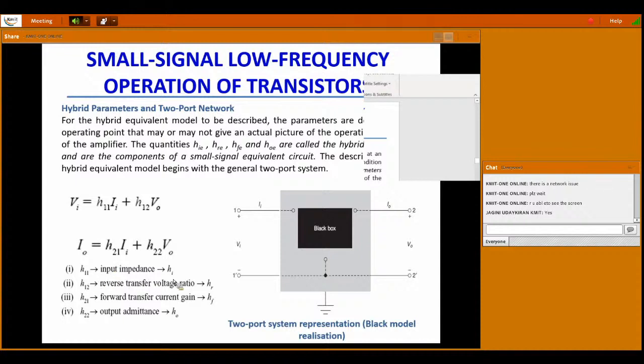Hence H11 is the input impedance, which is denoted with Hi. You can also write H11 as Hi, H12 as Hr, H21 as Hf, H22 as Ho. H11 is the input impedance, H12 is the reverse transfer voltage ratio, H21 is the forward transfer current gain, denoted with Hf, and H22 is the output